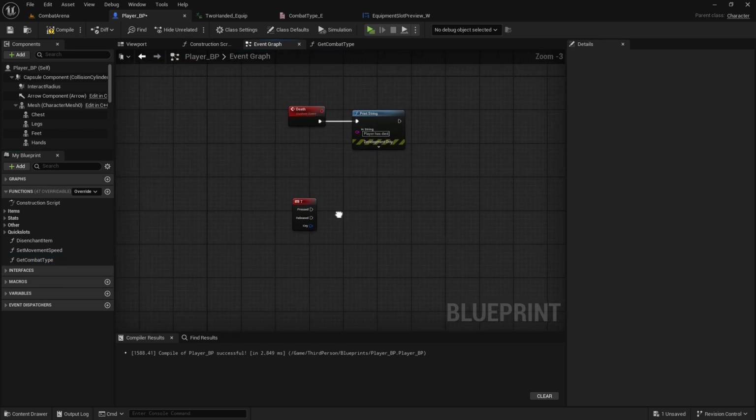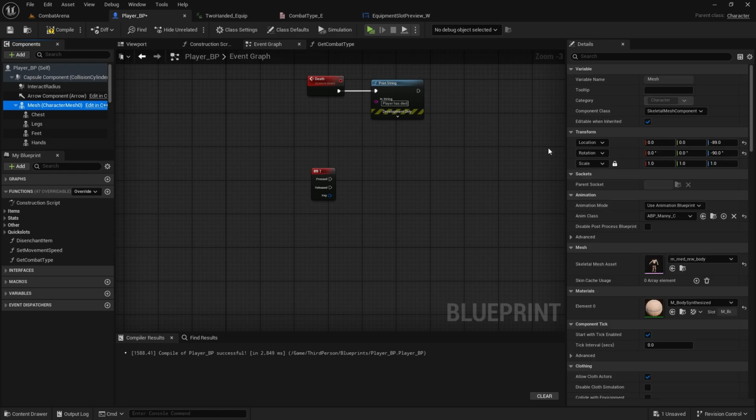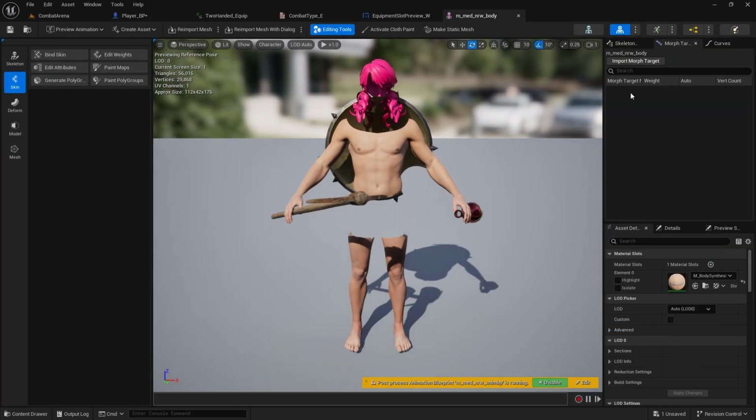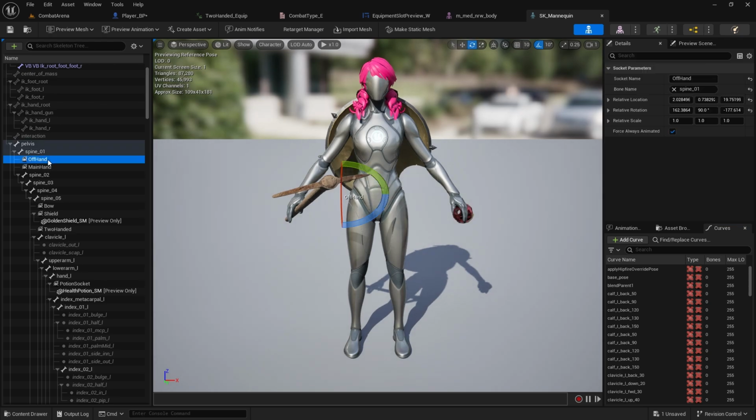Second thing we need to set up is the actual sockets, because at the moment we only have sockets for weapons that are stowed away. So let's open the skeleton from the mesh. We can just find where it is located, go to SK mannequin, and here I'm going to rename these default sockets that we have for weapons, because I don't want to change the position or duplicate them or anything. We will have these ones to use when we actually want to have equipped weapons in the hands,